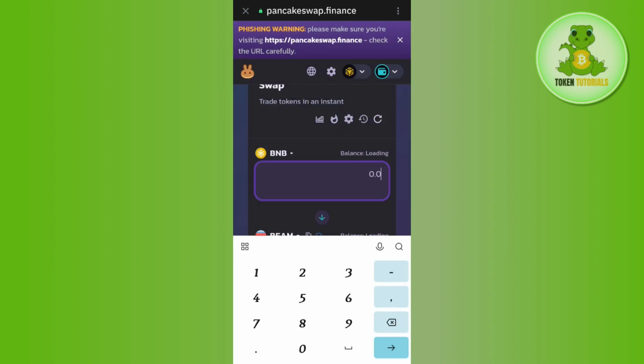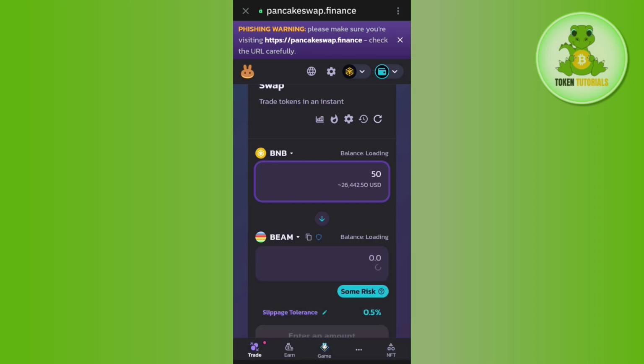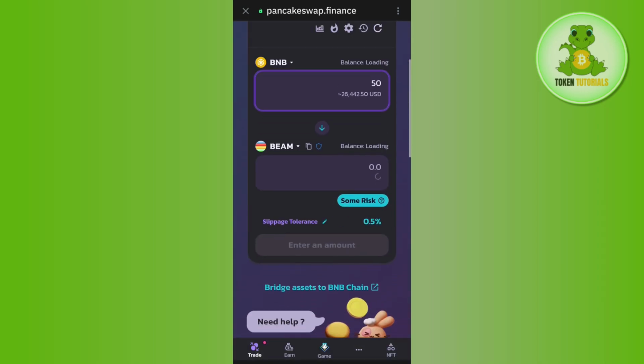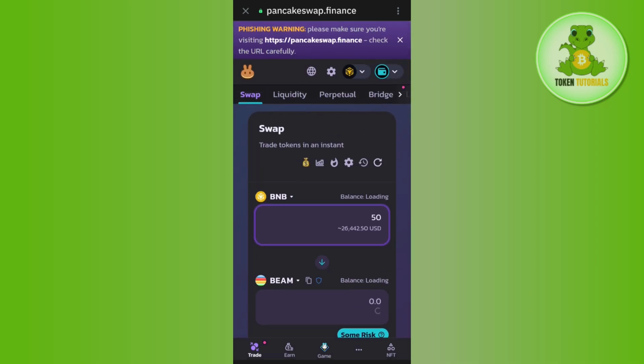Once done, you will have to enter the amount of BNB that you want to spend in order to purchase the Beam coin. After that, you will have to tap on the swap button in the bottom and after waiting for some time, the swap will be proceeded and you will be able to purchase Beam coin in your Trust